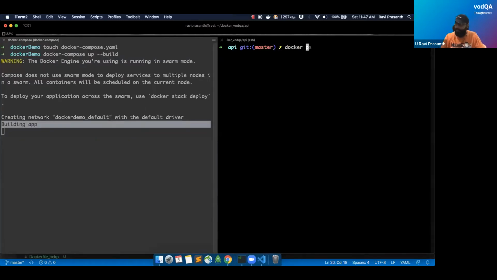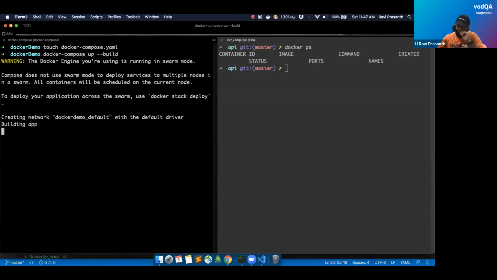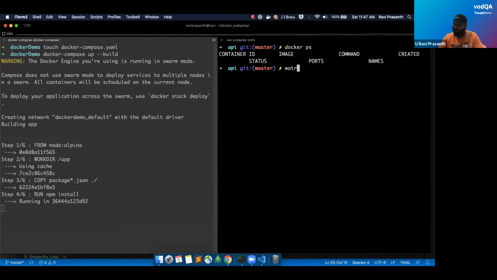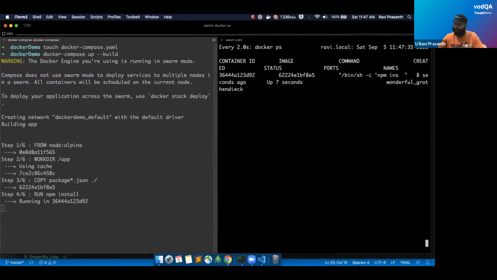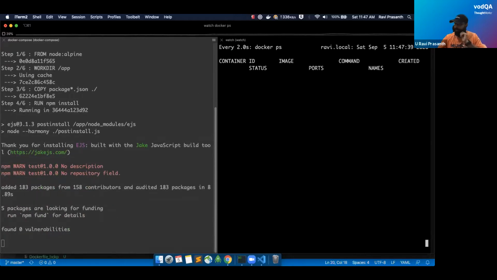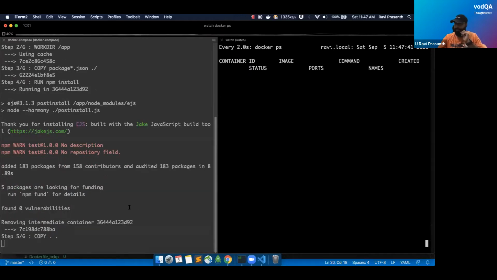Here maybe I'll run docker ps. So it has started running everything. Ideally I'll put a watch here so that we don't have to retype the command. One of our containers is up, and now we can see both will be coming.